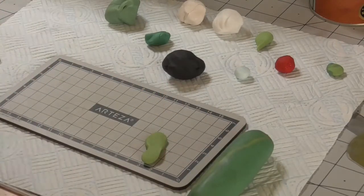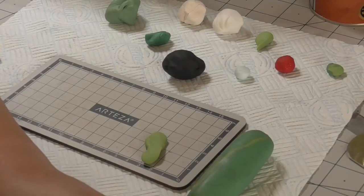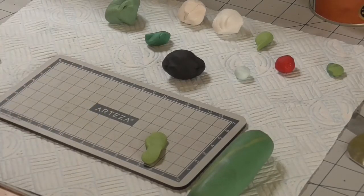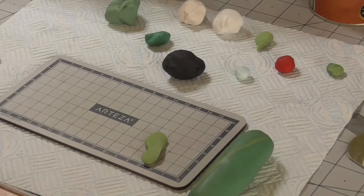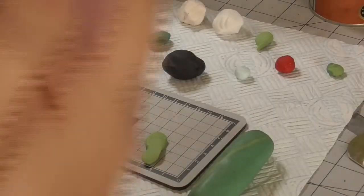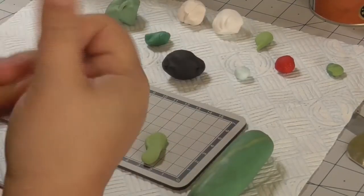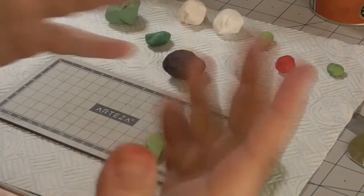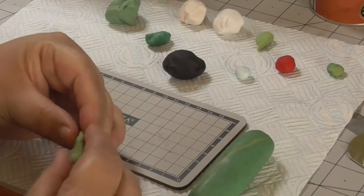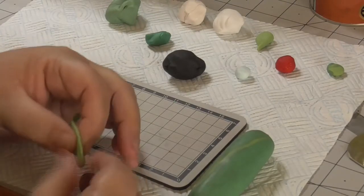You should keep a pack of baby wipes or a wet cloth or some description in your desk somewhere, because you're always going to use it. Right, okay. And I have to keep a tray over the top of my bin, because our dog likes baby wipes. Right, I also keep a towel on my lap, so if I've got anything on my hands I need to dry them, or I've got glue on them, or anything like that, I've got just an old towel that I can use to...